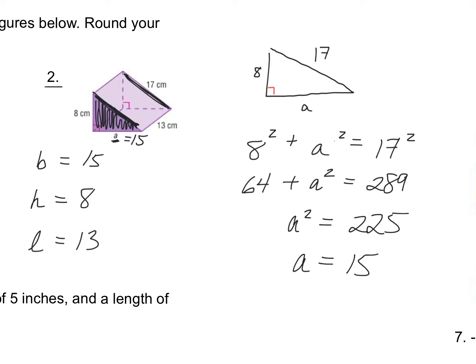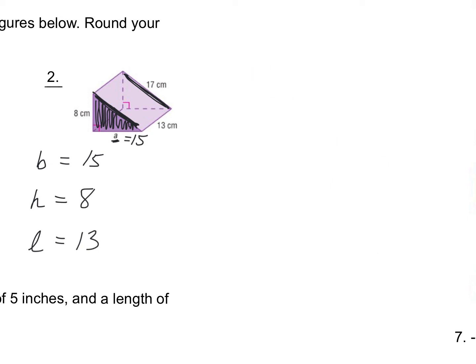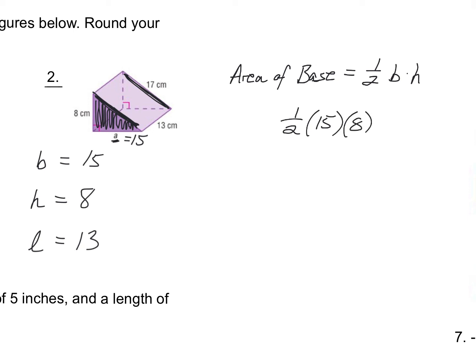Now I should be able to calculate my volume. So in order to calculate the volume, first thing I'm going to need is the area of the base. Remember, that's going to be 1/2 base times height. Now I can fill in those values. My base, which I just found, was 15. My height, which is 8. So it looks like the area of my base is going to be 60